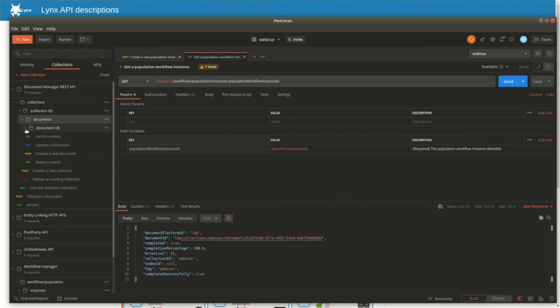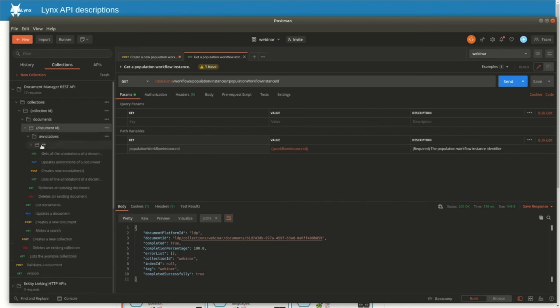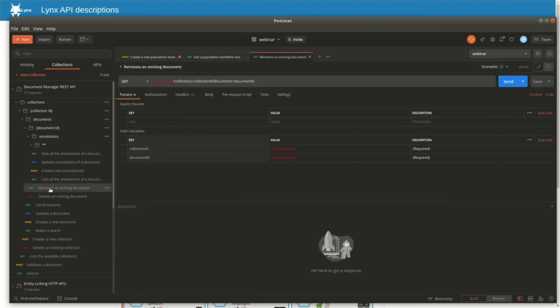There is this endpoint about documents where I can retrieve the existing document. So this is just a GET request. I need to provide the collection ID, which is set as before in webinar, and also the document ID, which is also the ID that we got from the population workflow. This is actually the URI of the document, so it is the ID that you will see on the RDF